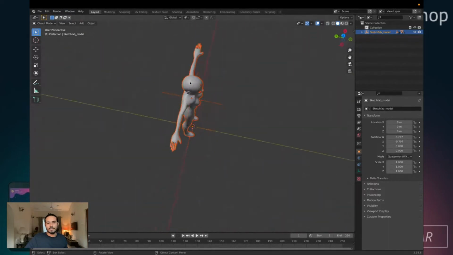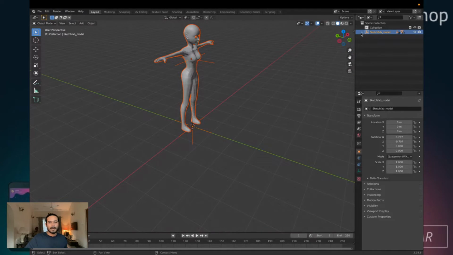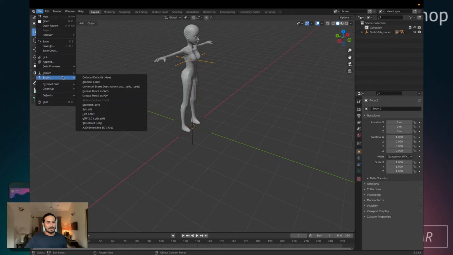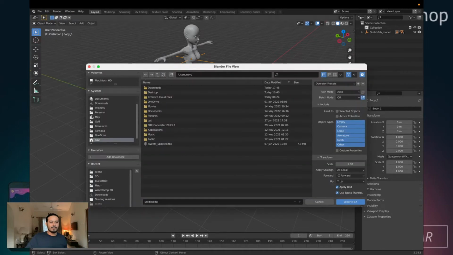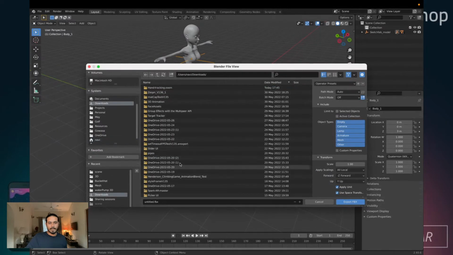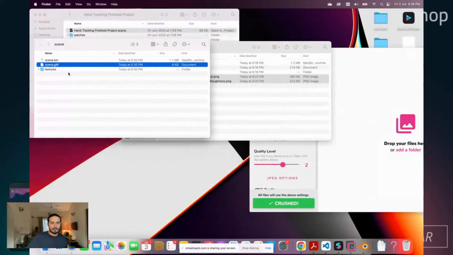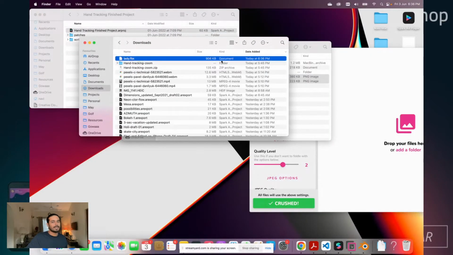You can do certain modifications, whatever you want to do with it. But my main problem right now is that it's not properly skeletoned, it's just one body or eyes like that. So what I'm going to do is export it. I just imported it, and I'm going to export it to an FBX file. I'm going to save it into my downloads and call it lady, and FBX will be added automatically. So now I have an FBX. I can check it in my downloads folder. I have a lady FBX, which is a bigger size than what we had earlier. But now we're ready for